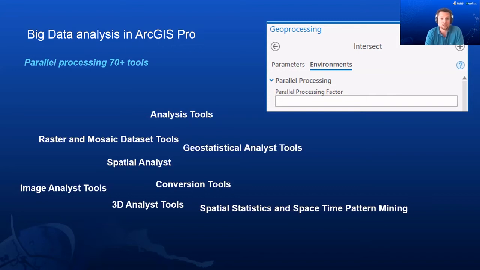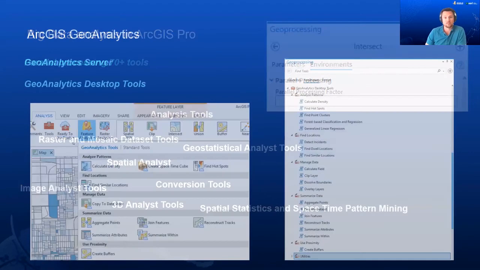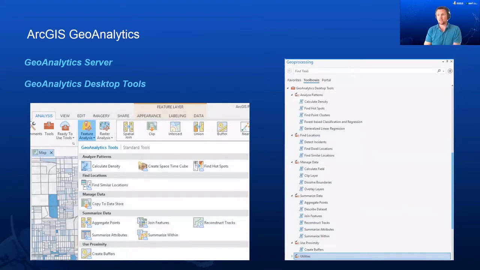You can set the parallel processing factor in the environment settings of the tool if it supports parallel processing. There you can specify the number of processes that are being used. So you can really leverage the power of your analysis.